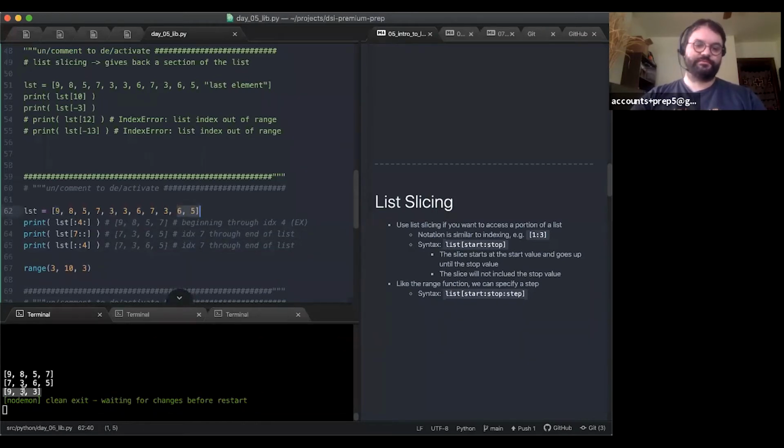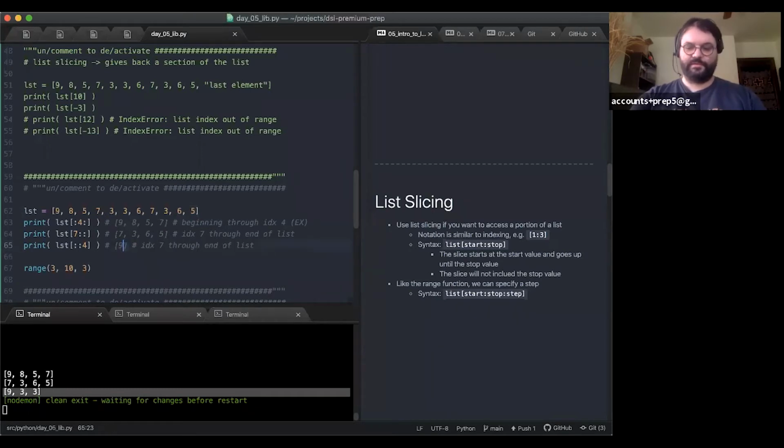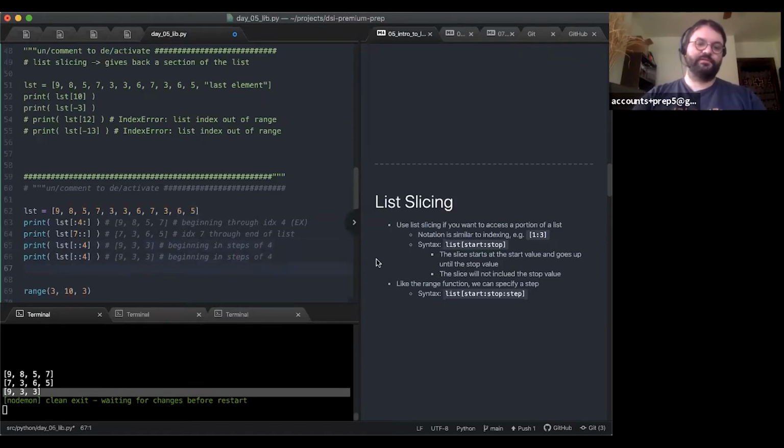So 9, 3, 3. Start at the beginning in steps of 4.